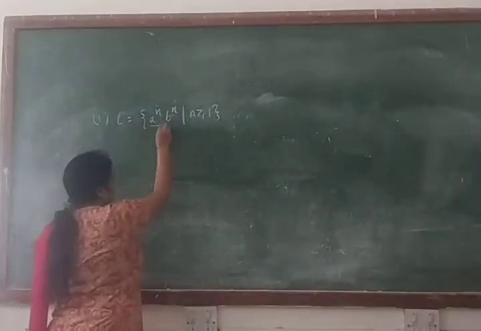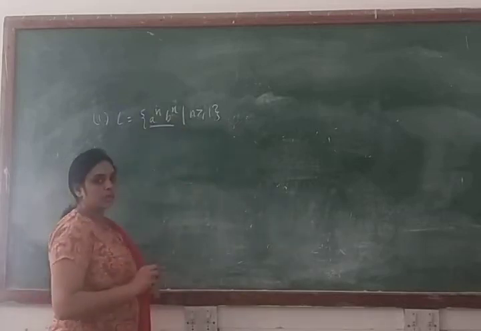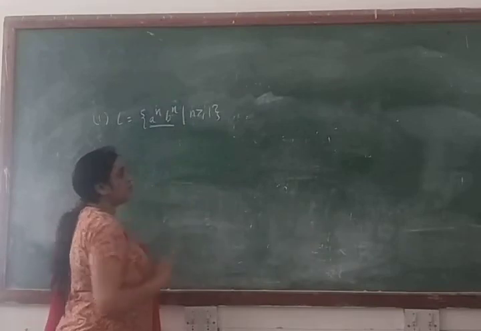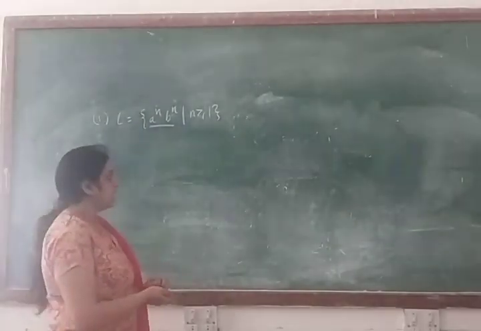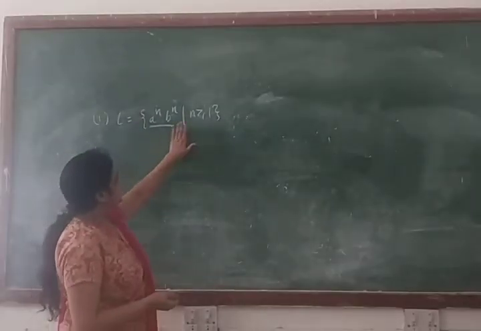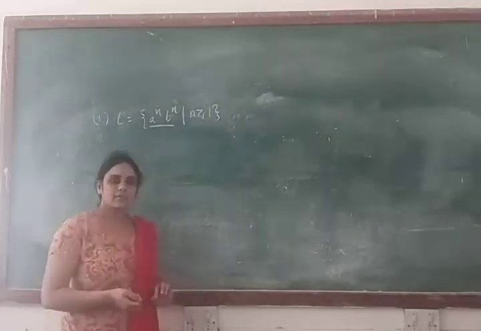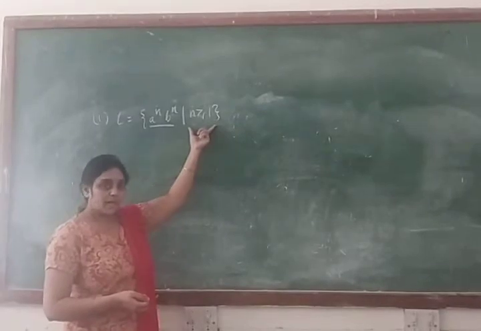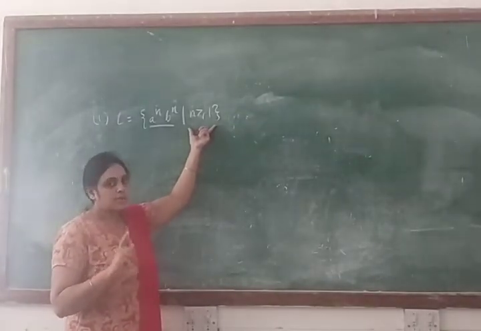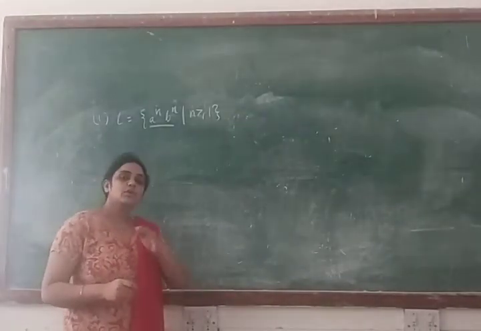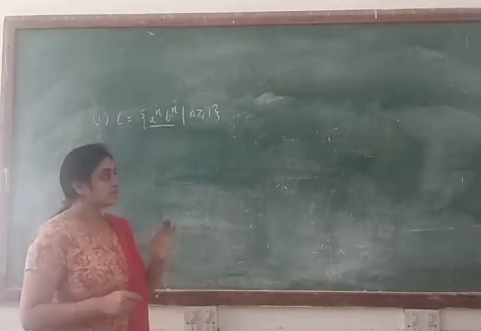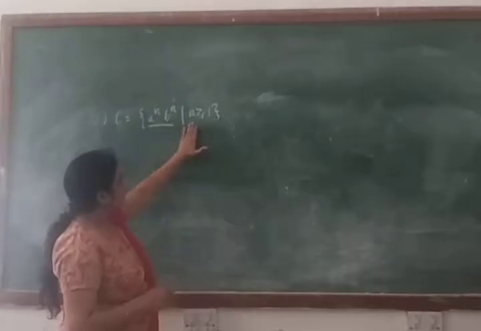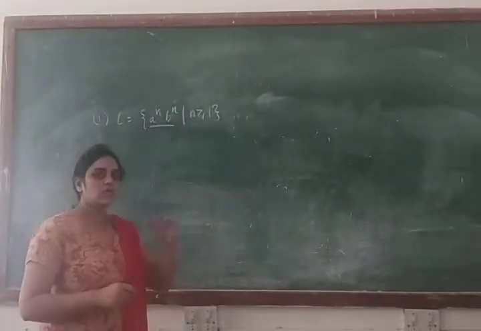First thing is that your alphabet small a and small b basically into the concatenation form, and second condition is that n value should be greater than equal to 1. Then in that case we can see that this is your infinite length language, because your n value is greater than equal to 1. That means your minimum value of n can be 1, but maximum value you can assume anything. So that's why we can say that this is your infinite length language.